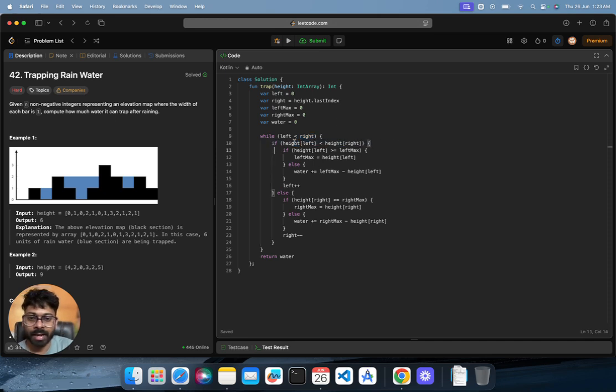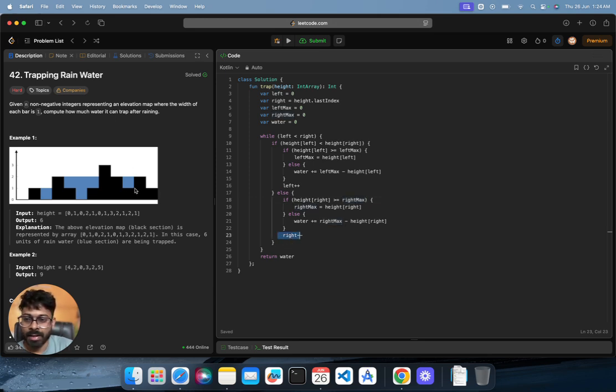Then inside we will ask: if the height of left is less than the height of right? The height of left and the height of right are actually equal, so this is not less than, so it will go to the next one, the else one. And then we will ask if the height of right is greater than the right max. Yes it is, so the right max will get updated, and we will just move on the right with a